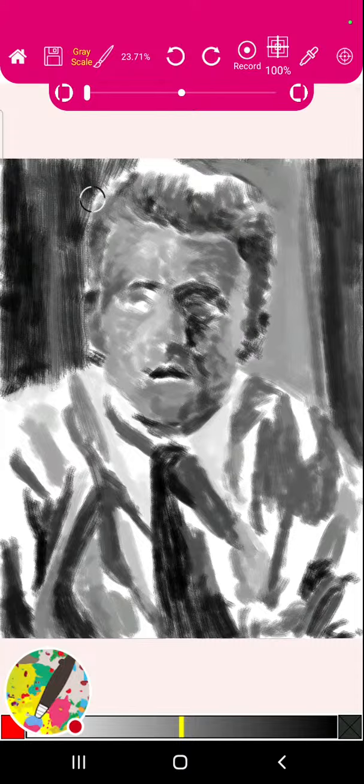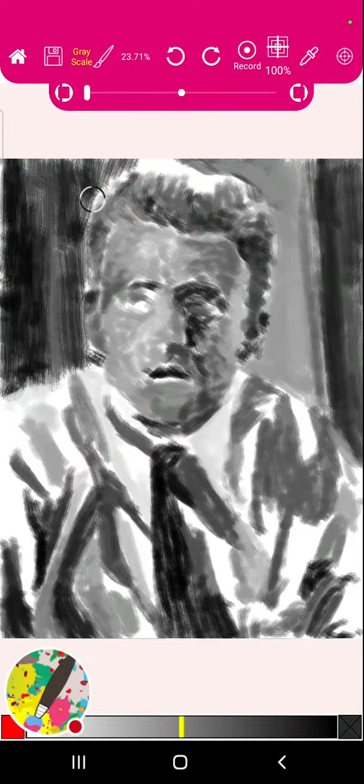So tones are an essential part of the core skills of art. Tones and values, you've probably heard of it. You go to any art class, they will teach you tones and values. And this is what is being taught in this tutorial. So I'm teaching you these methods of drawing. And if you're new to this